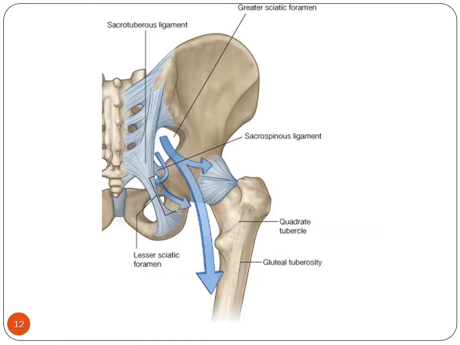You see this diagram, this is the sacrospinous ligament. It converts the notch into the greater sciatic foramen. The sacrotuberous ligament converts it into the lesser sciatic foramen. So this is the lesser sciatic foramen, and this one is the greater sciatic foramen. So by these two ligaments, the sacrotuberous ligament and sacrospinous ligament, it is converted into the greater and lesser sciatic foramen.